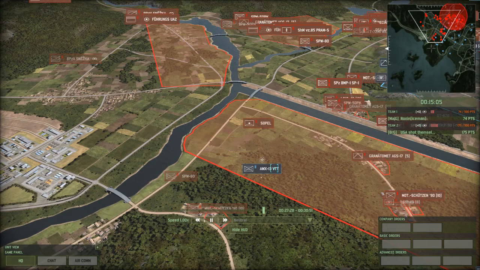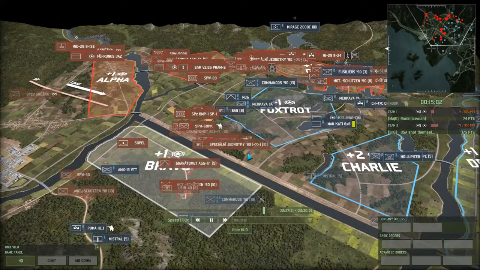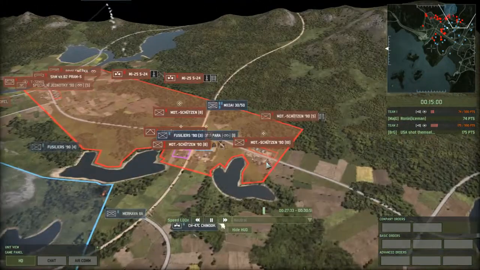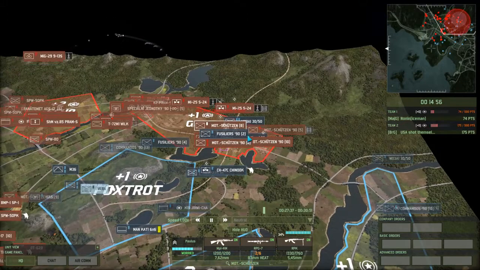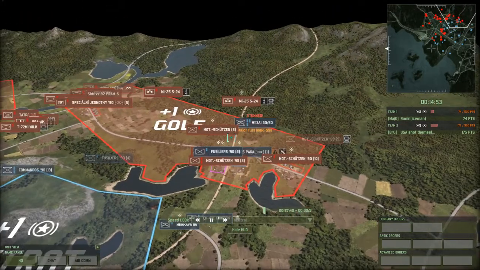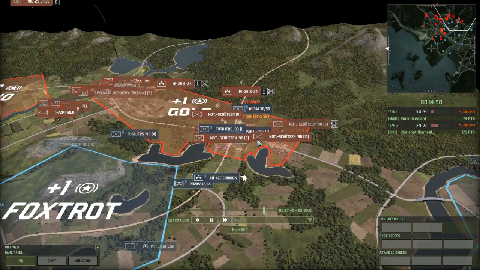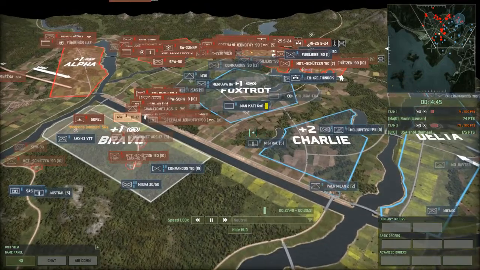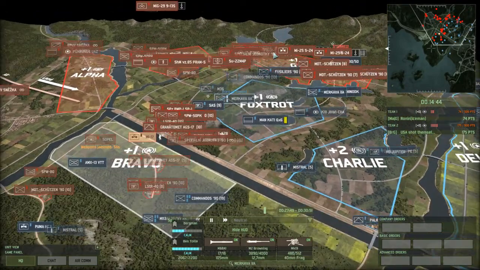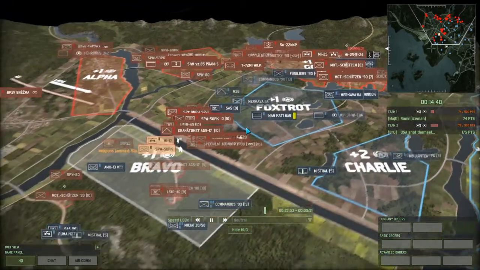It's taking a while. It's only a 50 caliber. There you go. Bravo's out, so points are now equal. Yep, because, what is it? Duro's push through Foxtrot here has basically succeeded. So now he took out the command infantry in Golf, and he has his command in Golf. I mean, yeah, his command is Golf. So yeah, it's